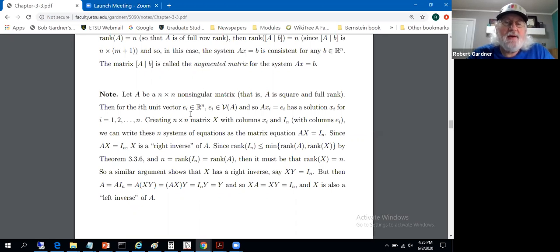So if we take any vector, like one of the standard basis vectors from Rn, you know that's in the column space. That is, Ax equals E sub I has a solution. Being in the column space, as commented above, means there exists a vector x sub I, in this case, such that Ax sub I equals E sub I. So there is a solution to, if you like, this system of equations, thinking of the vector x sub I as the vector of unknowns. And you can do this for each of the unit vectors for I equals 1 through n. So we're effectively looking at a system of equations